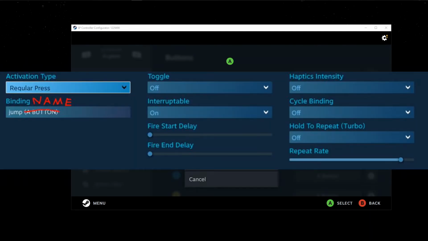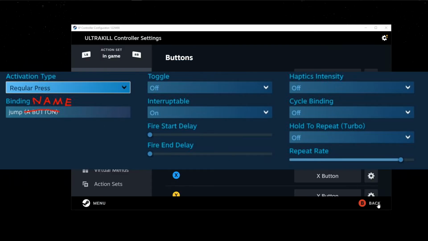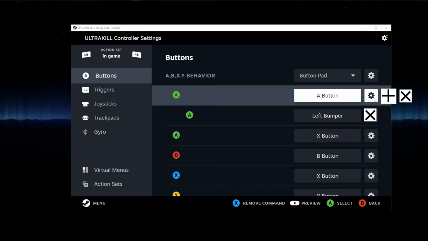So then the gear icon would just take you immediately to this screen, and this screen would be a big picture activator-esque screen so that everything is all there. So then you wouldn't need this regular press menu here. You wouldn't need rename command here. Remove command would be taken care of by the X icon or the controller's X button. Add extra command would be taken care of with the plus icon, and add subcommand would be taken care of with the multi-button mode. If you did all of that,